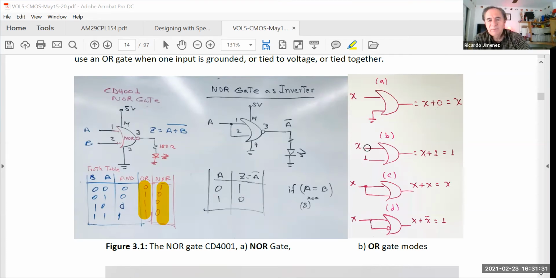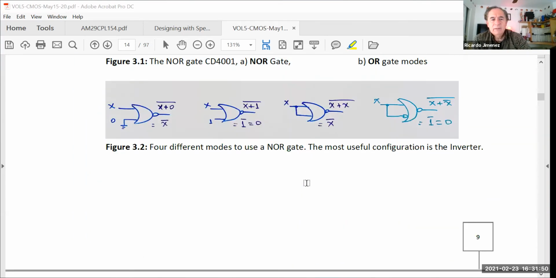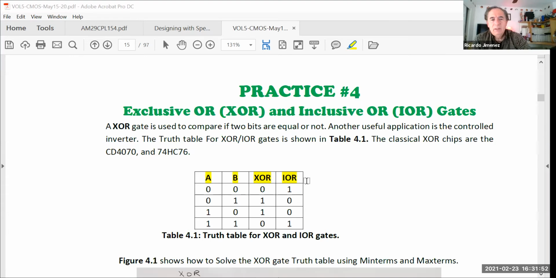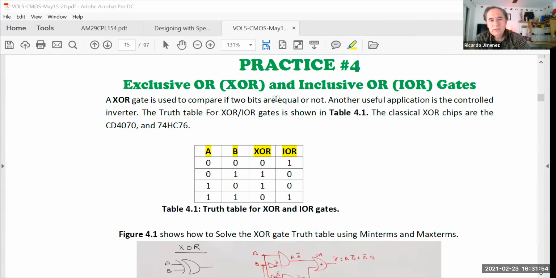Same here. But here, it doesn't matter what you apply, the output will always be 1 or 5 volts. And if you attach them together, the output follows the input, acting as a driver. And also here, another application. Okay, and the exclusive OR gate is one of the